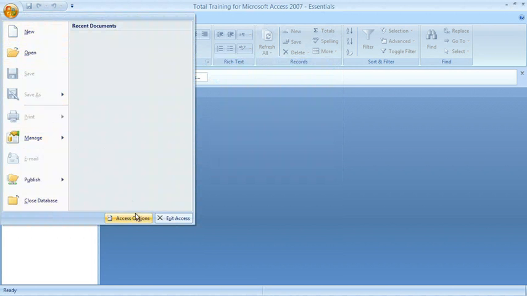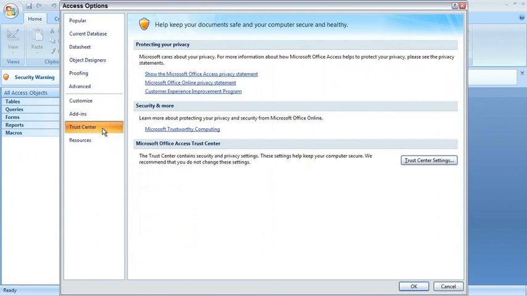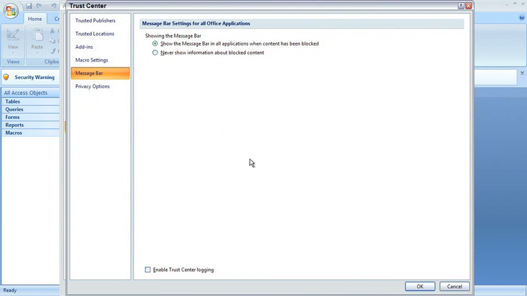Select Access Options down here and then click the Trust Center category. This opens the Trust Center Options dialog box. At the bottom of this dialog box, you'll see a button that says Trust Center Settings. I'd like you to click this button now, and this opens the Trust Center Options box, which contains 6 categories